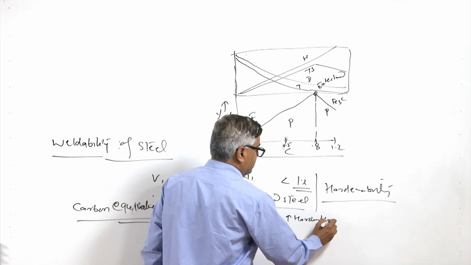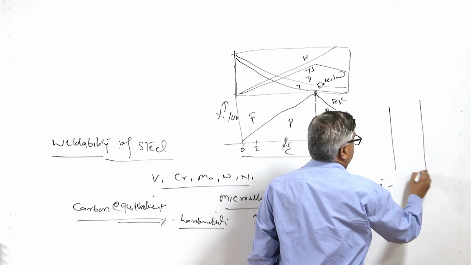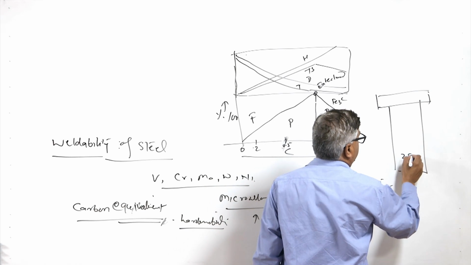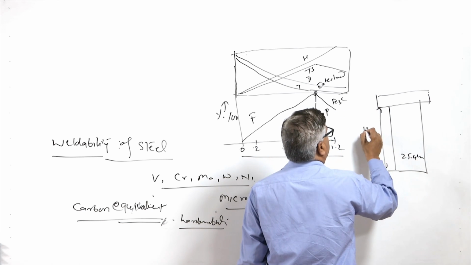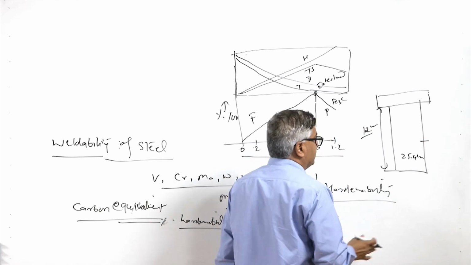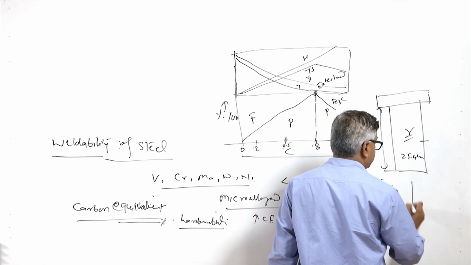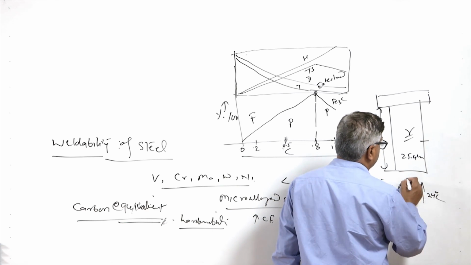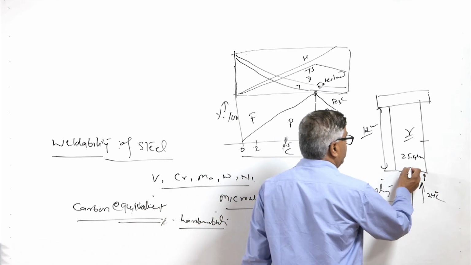Hardenability is about the depth up to which steel is hardened when it is quenched. Say this is one end of a sample having about 25.4 mm diameter and about 102 mm length, and it is fully austenitized as per the carbon content. When it is subjected to a water jet from the end at 24 degrees centigrade, this end is quenched. This quenching leads to the hardening. So, we try to measure.